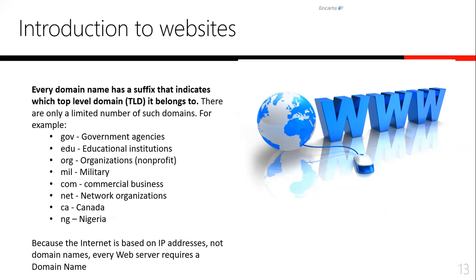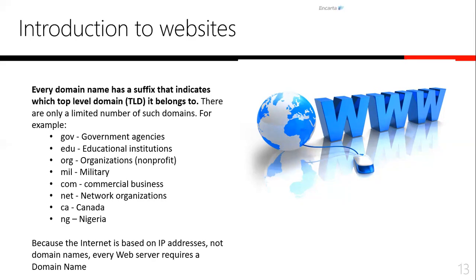Now we have different types of domain extension. They call them top-level domains. Those are the identifiers for the type of domain you have bought. So if I want to do anything that has to do with education, I'll register academyalpha.edu. So anybody that sees that kind of domain name would know that this is an educational website. Same thing with .gov. .org is for organization. .mil is for military. .gov domains are usually not registered without government approval. So you can't just get .gov. There's a process to get a .gov domain.